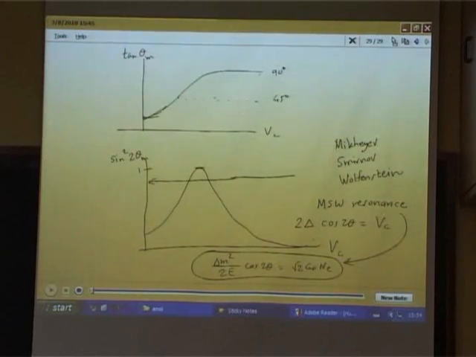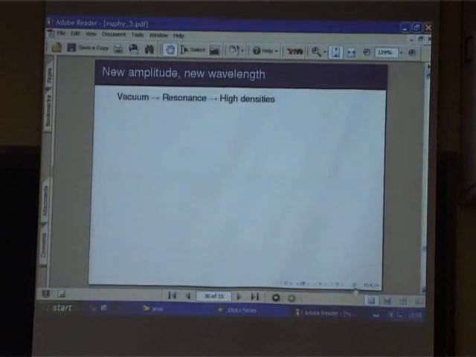So at high densities, the mixing angle becomes 90 degrees, and the oscillations become equal to 0. So no oscillations, but it doesn't mean zero mixing angle. It also means 90 degrees. Another thing I want